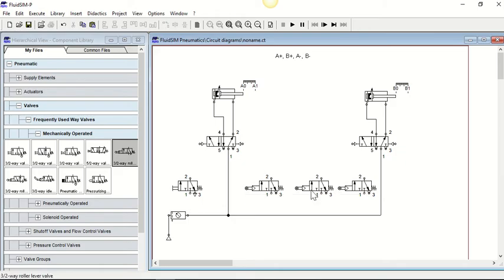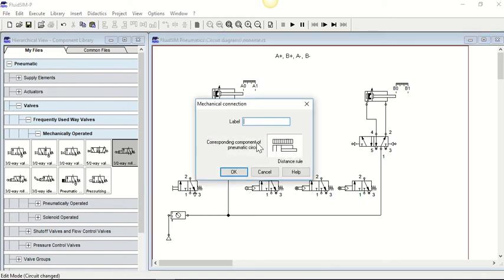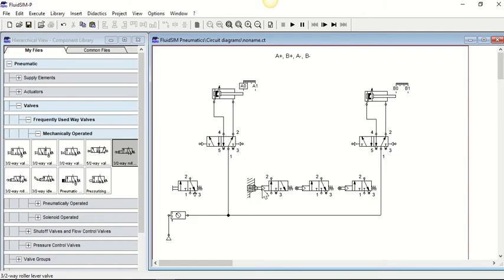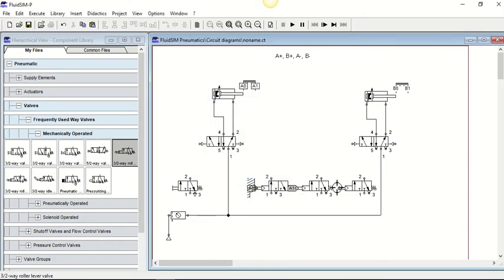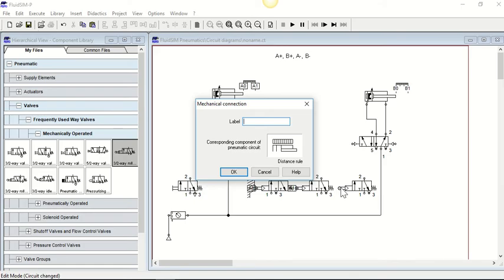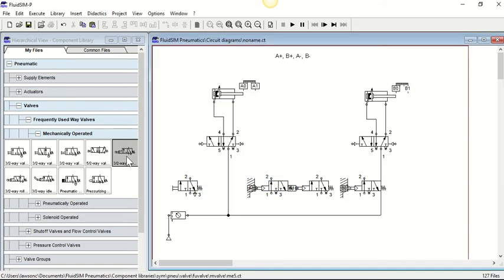Now what I've got to do is link these roller switches to these switches up here, so as the cylinder moves it's going to activate these for me. You can do that by double clicking and adding a label. So we'll call this one A0, this one A1, this one B0, and I need another one for